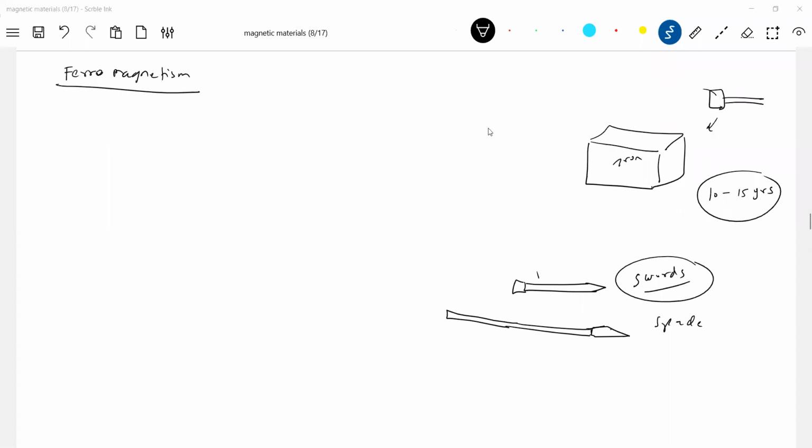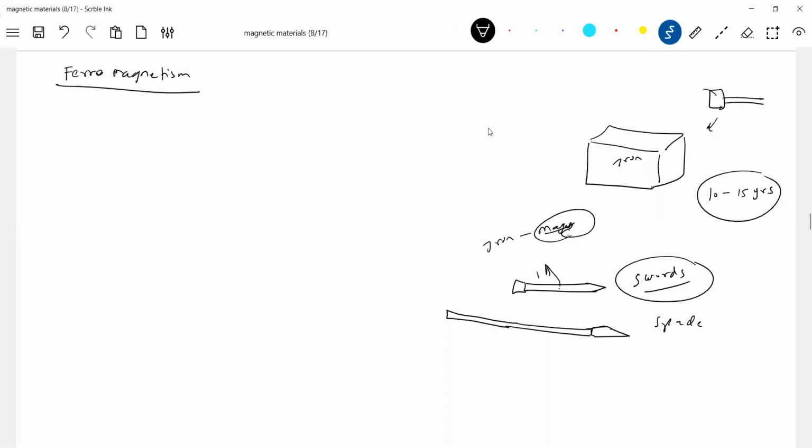Spear is not used in battles? No, these are widely used here. Then other things are there, spear and others, but the sword and the spade are the things which are widely used here. And now, how do they make a powerful sword? If we compare iron and magnet, which will be stronger? The magnet will be stronger. So if all the weapons are made up of a very powerful magnet, then you can win the battle easily.